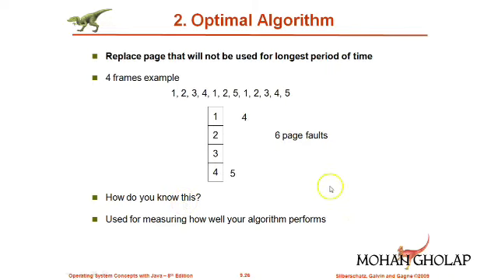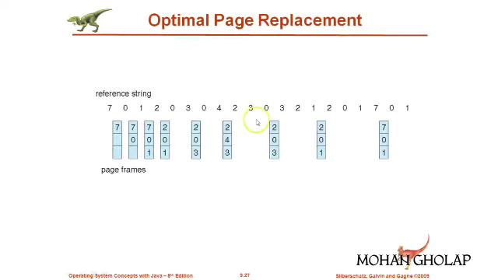So we'll directly consider a simple example to understand how exactly this optimal algorithm will work. Again we'll consider the same reference string, that is 7 0 1 2 0 3 0 and so on. So this is optimal page replacement. Here you have to replace a page which is not likely to be used in future. As usual we have 3 frames. Initially all 3 are empty, so we insert 7, after that we insert 0, and after that we insert 1.